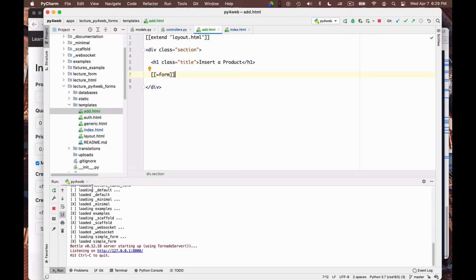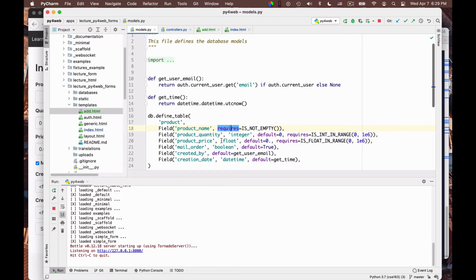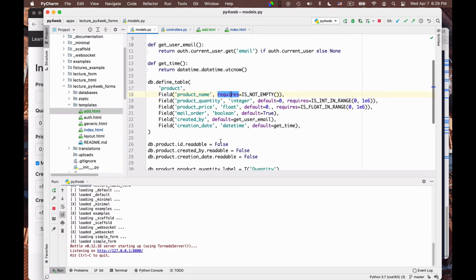Let me go again to the definition of the form here. I wanted this product created by readable. Maybe I should also put writable equal to false: db.product.created_by.writable is equal to false.